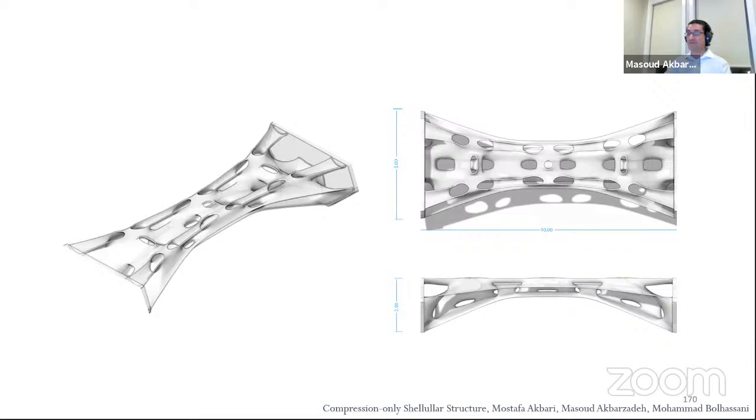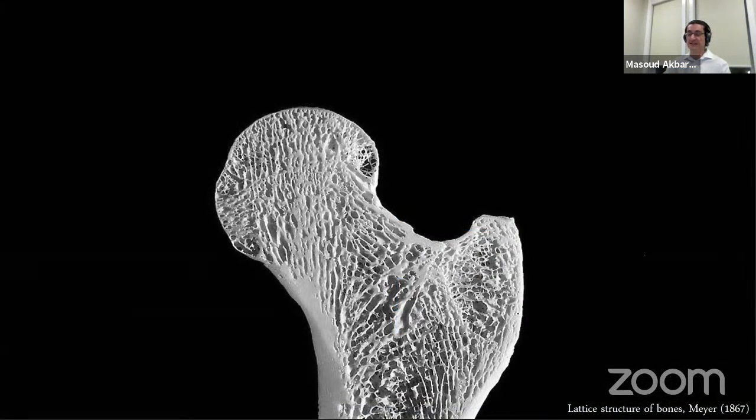Now, to close this talk, I would like to get back to natural structures and give you a little bit of information about the history. So this is a cross-section of a trabecular bone, and you can clearly see that the material has been distributed more or less where the stresses are, right? We know this after a long time because there has been a lot of research in this field, and it has become quite obvious for us that nature knows how to distribute the material to make